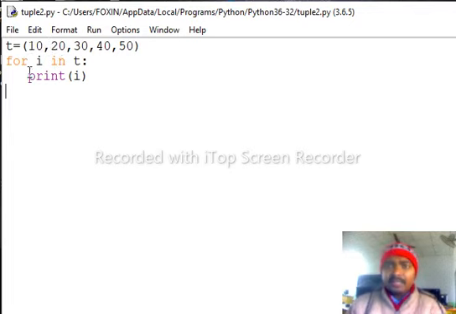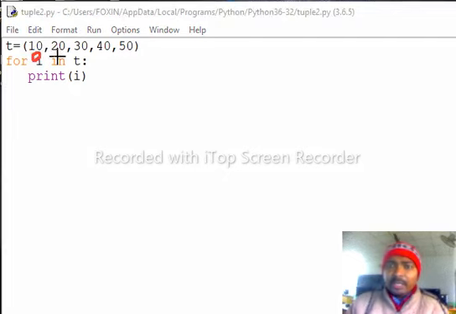We can see here this 10 is index position 0, this 20 is index position 1, and 30 is index position 2, then 3 and 4. Okay, I want to print 20 only, so just use the index position with the tuple name t.